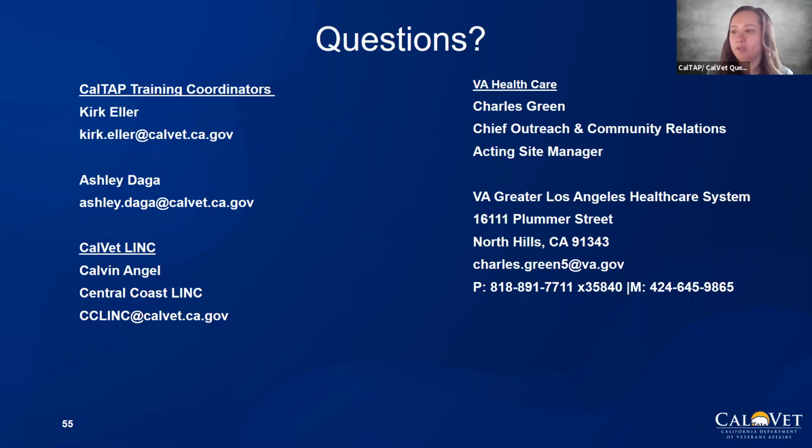All right, and another question says, how is CHAMPVA different from TRICARE for Life? Good question. So TRICARE for Life is a military benefit that I have. You normally get that if you're medically discharged or if you retire from active duty, you get TRICARE. However, CHAMPVA is a VA program just for your dependents, but